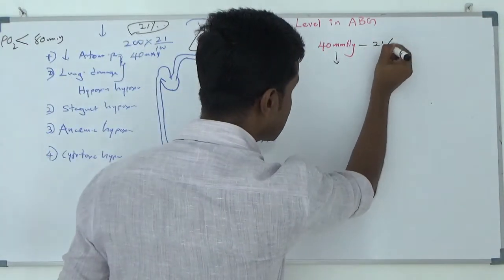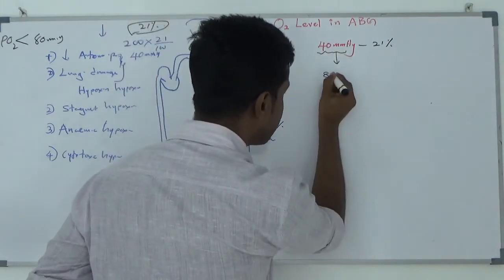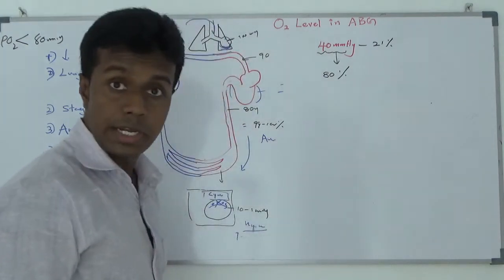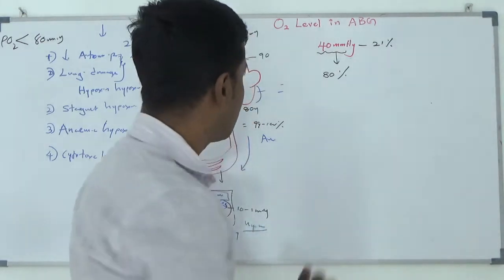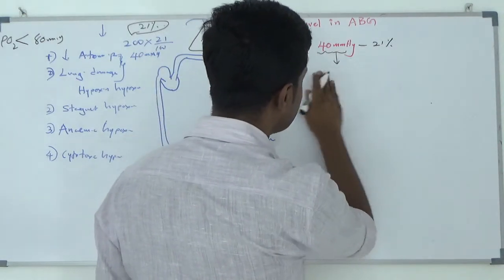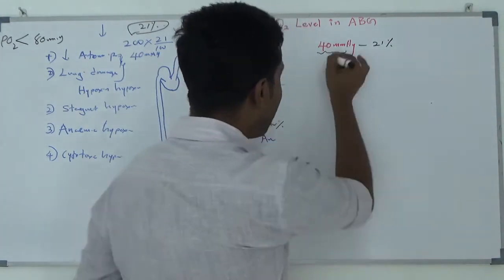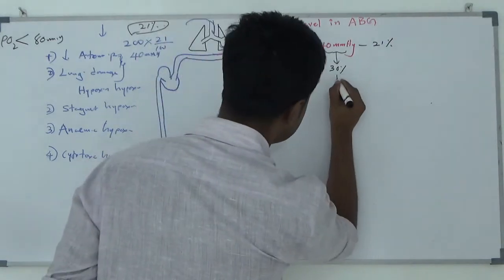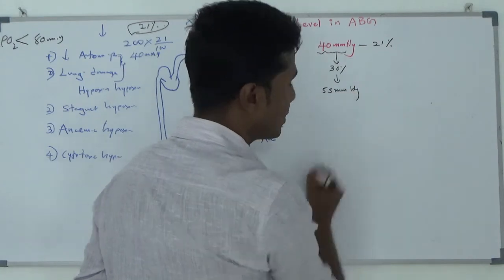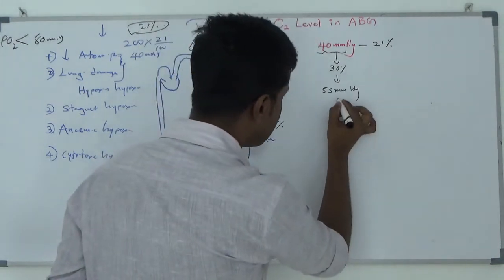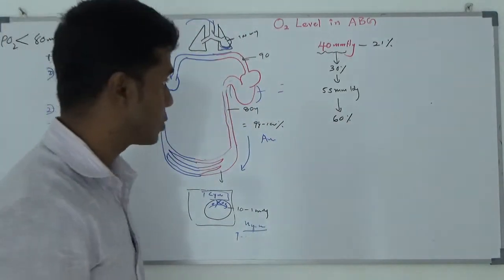Initially the patient was on 21% oxygen. Because of the dangerously low partial pressure, I initially started with 80% oxygen. After about a couple of hours, I repeat the ABG. I increase to 30%. We will increase gradually. After about 2 hours, I found an ABG value with a partial pressure of 55 millimeter mercury. Then I increase to 60% oxygen.